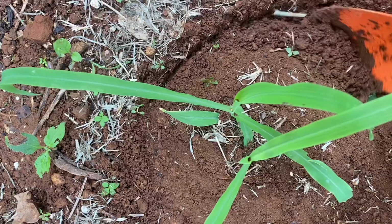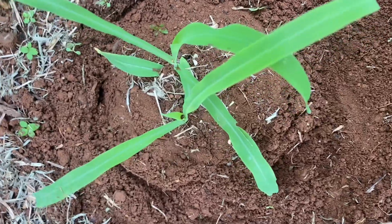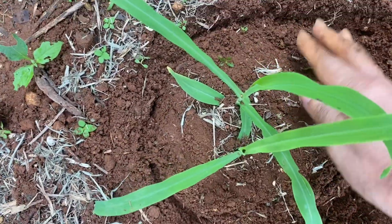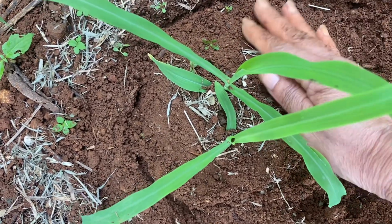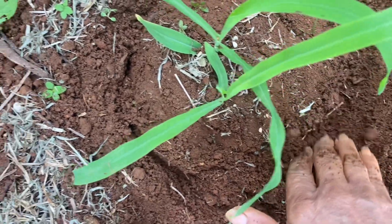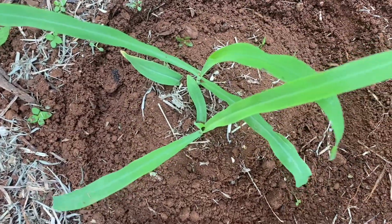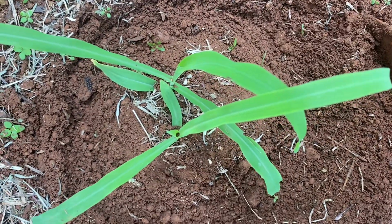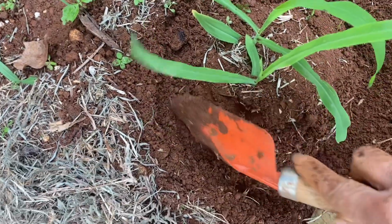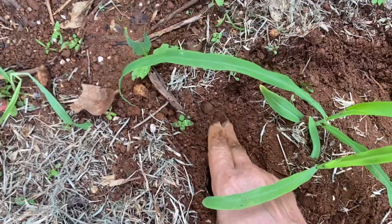Now, I have left this a little bit. I had already come in earlier and done the first stage. In the video yesterday, where I showed you the small plants that were recently planted, I had done just that one little stage 1. Now, this is about stage 2. See, I've left a little bit around it. I'm going to give it some more time to grow up a little stronger, and then I'm going to cover it with the topsoil from the outside. But for now, I'm leaving it like that, to strengthen it and let it grow on its own and make sure it's firm so it can withstand all the breeze and everything like that. Now, guys, for my other tip,